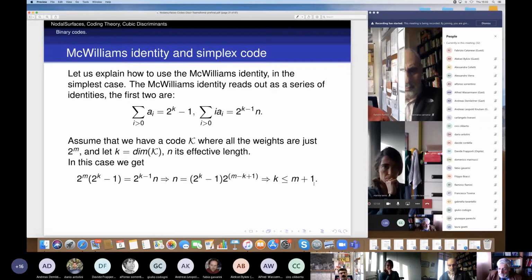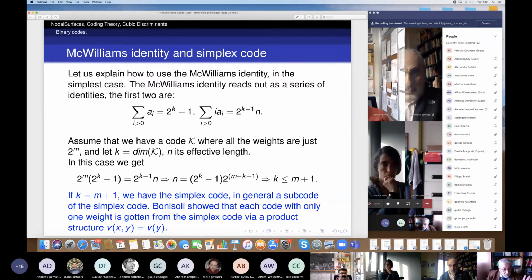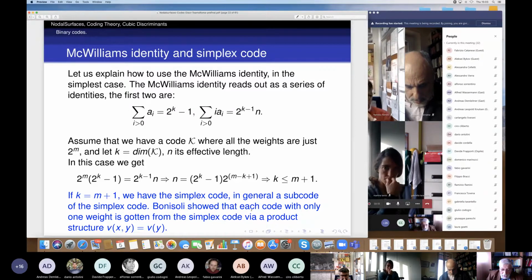So this is a very nice application of the MacWilliams identity. And with a little bit more work, you can also prove that if K is equal to M plus 1, we have the simplex code, and in general, a subcode of the simplex code. And this was generalized by Bonisoli, who showed that each code with only one weight is gotten from the simplex code just by taking a Cartesian product and saying that V of xy is V of y. Okay, so this is a very simple but nice theorem of Bonisoli,